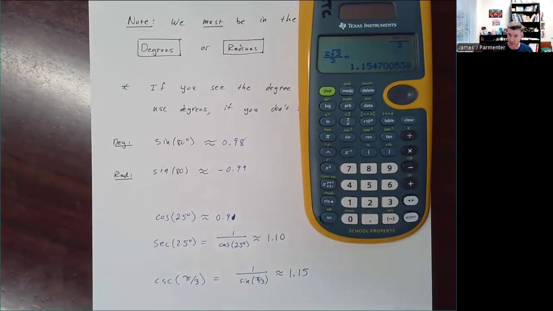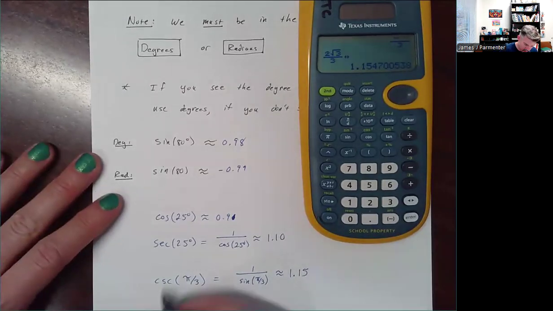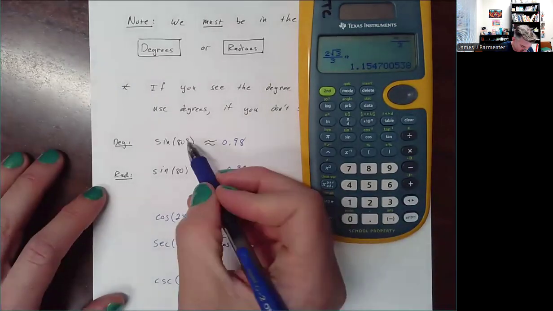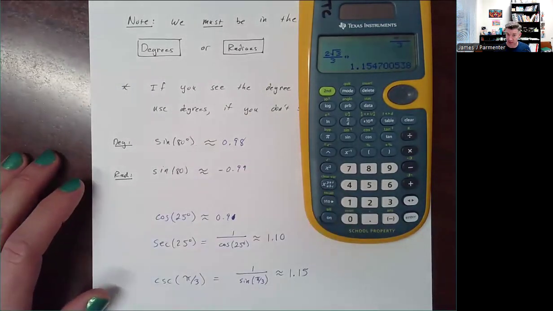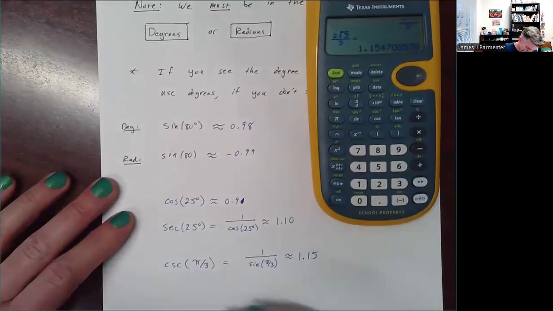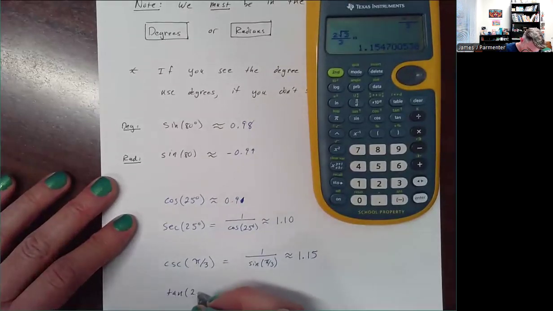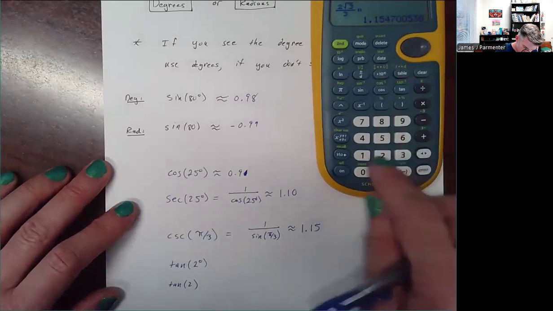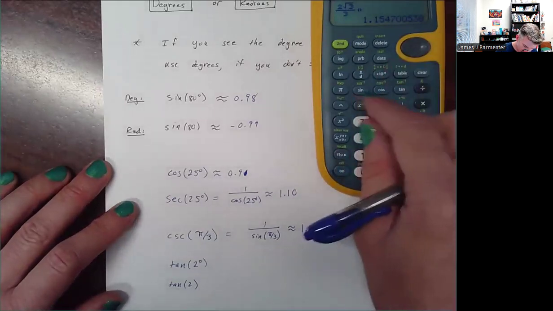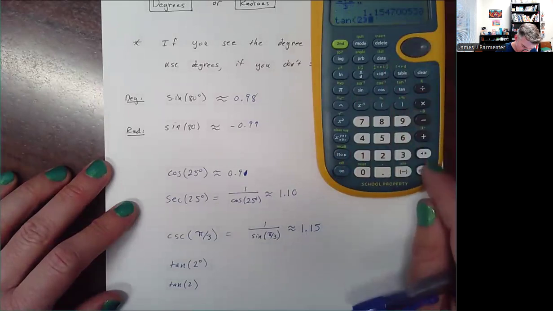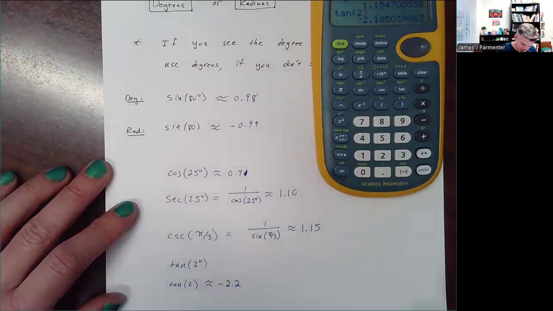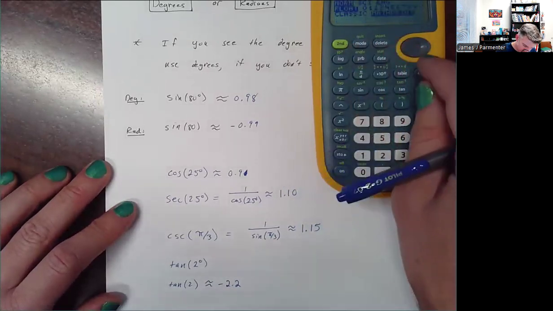So again, be careful, right? If something annoyingly says sine of 80, even if it looks like it should be a degree, if it doesn't have the degree symbol, you have to assume it's in radians. Let's do 2 more. Let's do tangent of 2 degrees versus tangent of 2 radians. So I'm in radians right now, so let's do tangent of 2 radians first. So tangent of 2 radians is going to be approximately negative 2.2, whereas if I change my mode to degrees,